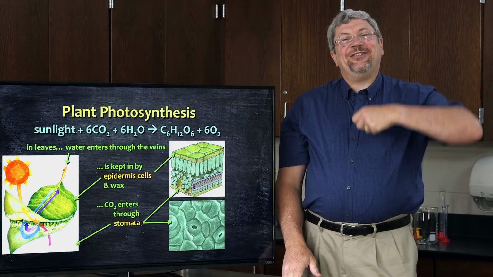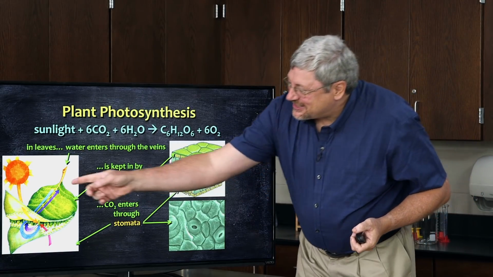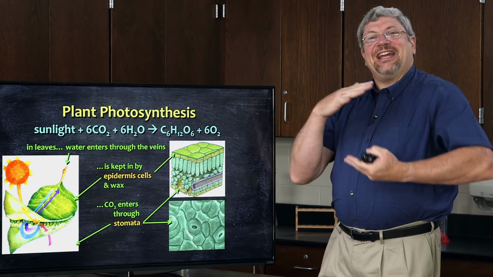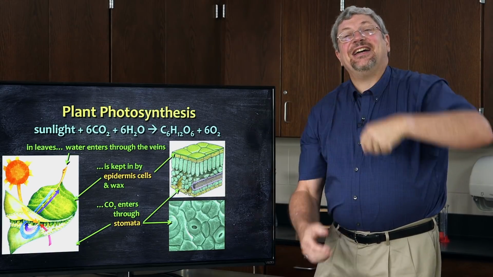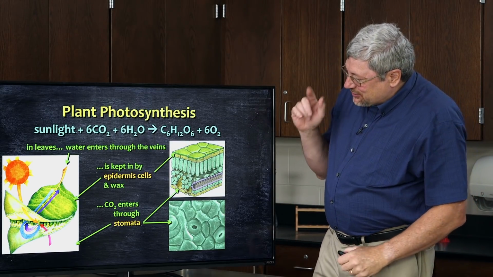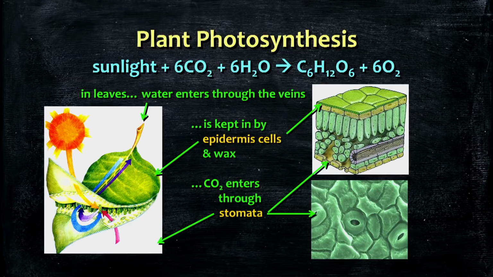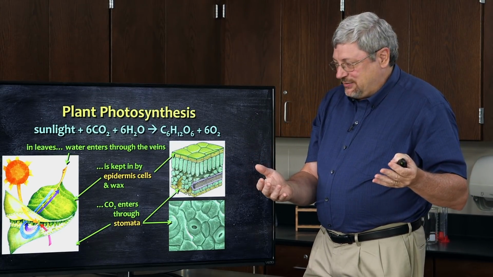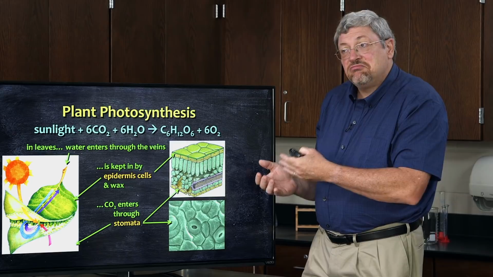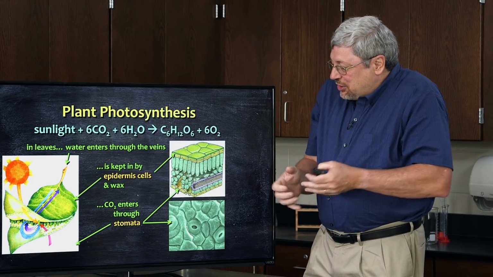But we have a problem if we do this really well. If we seal the leaf so that water can't get out, then we also seal the leaf in such a way that carbon dioxide can't get in. And so in order to solve that particular problem, the leaf is designed with little doors or holes called stomata in the epidermis, usually on the underside of the leaf, that can open and close. So when the leaf needs the carbon dioxide, because photosynthesis is occurring, so that might happen during the day, for example, it opens up